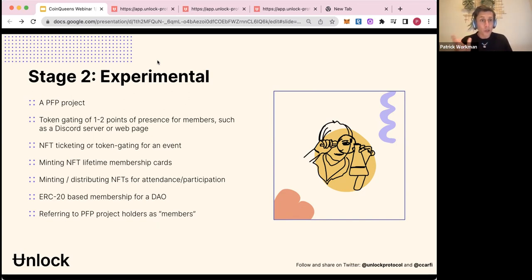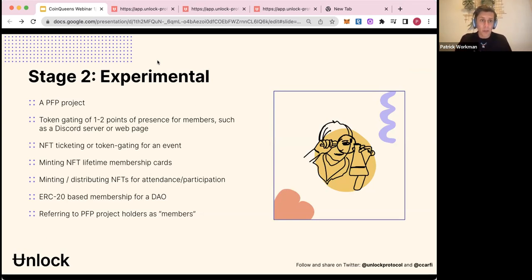Maybe you can use these contract addresses to give members access to a Discord or a Telegram. Maybe you're using a community platform like Geneva. Maybe you have a Shopify site and you want to enable special discounts for people that hold one of your tokens. It really is just in the beginning stages of where this could potentially go.